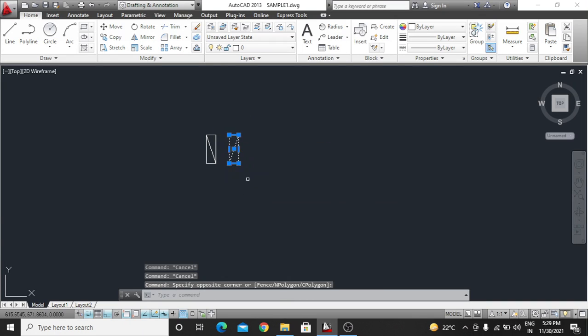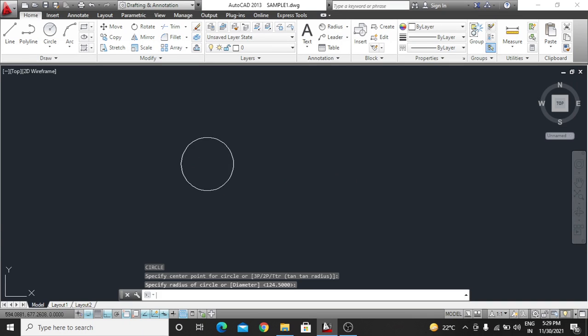Okay guys, again I am repeating the mirror command. Now making another object.